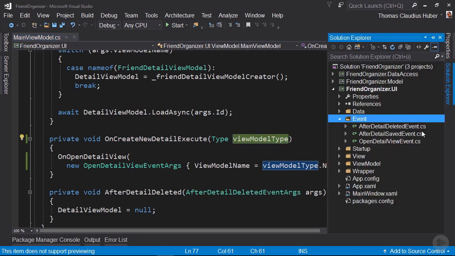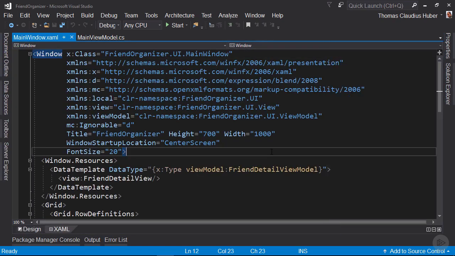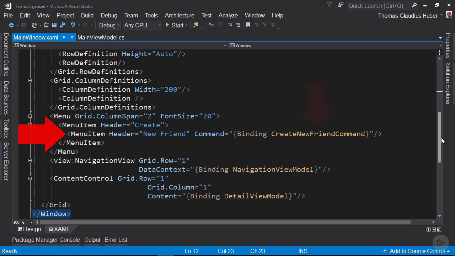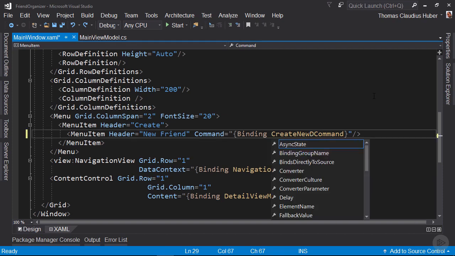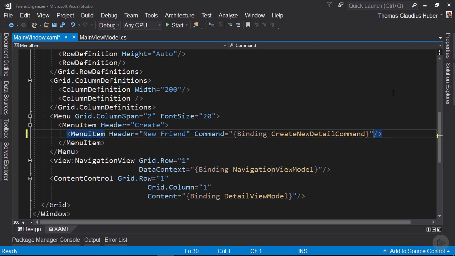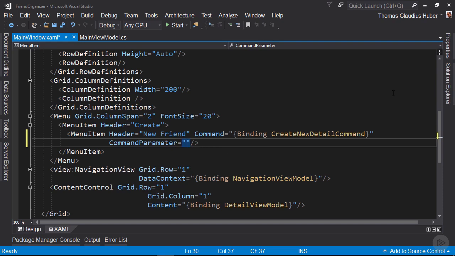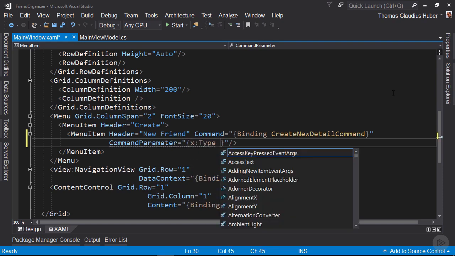So I open up the main window where we have the menu item to create a new friend. Here you can see the menu item and it binds to the createNewFriendCommand property of the main view model. But we have renamed this property, so let's call it here also createNewDetailCommand. To pass in a parameter to the execute method, we use the CommandParameter property on that menu item. And here we can just use the x:Type markup extension to pass in the type for the friend detail view